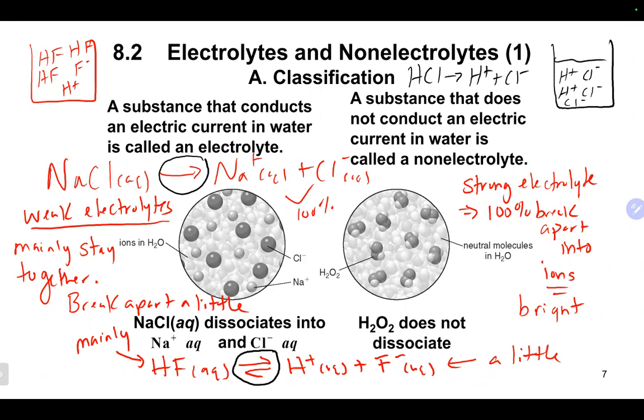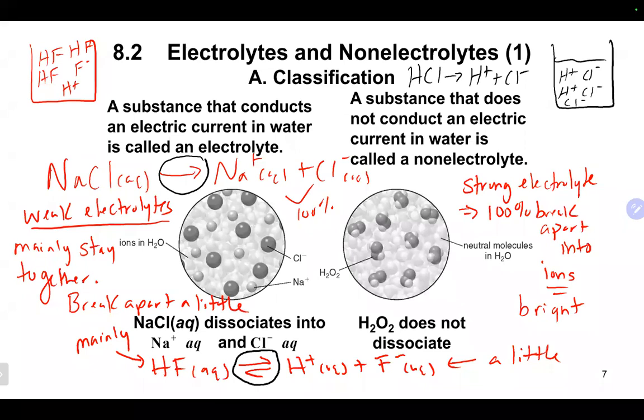A non-electrolyte, on the other hand, is something that will dissolve in water and will mix with water, but it will not produce any ions. So, for example, sugar. If you take some sugar and put it in water, it will dissolve. Sugar is made up of carbons, hydrogens, and oxygens, which means those are covalently bonded together. They're not going to produce any ions in that case. They're all nonmetals. So even though something like sugar will dissolve, it will not produce any ions. And because it doesn't produce any ions, it will not conduct electricity. So if you did the light bulb example and stuck it in a non-electrolyte, your light bulb would not